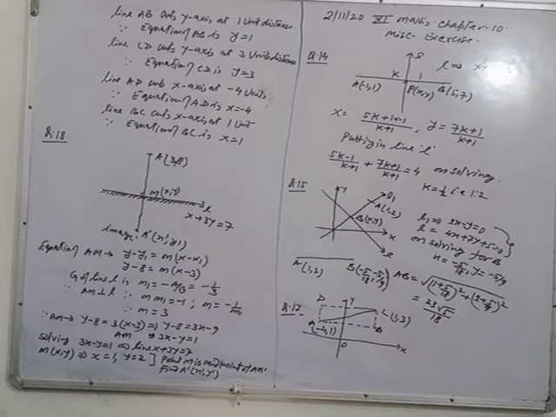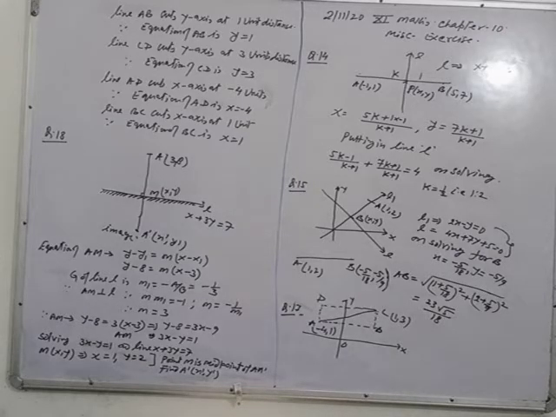11th math students, let's see some more problems from the miscellaneous exercise of chapter 10, Straight Line. See question number 14. Here the line AB, which passes through the given two points A and B, is divided by a given line L whose equation is x plus y is equal to 4. So let line L divide in the ratio k:1. Here you have to find the ratio.